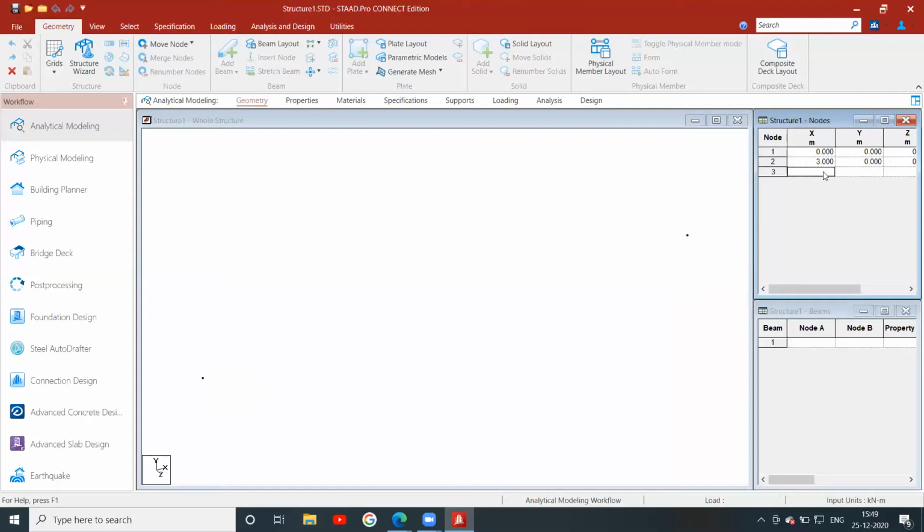A continuous beam is a beam with two or more spans. So you give one more span of the same value, that is 3 meters, and press.